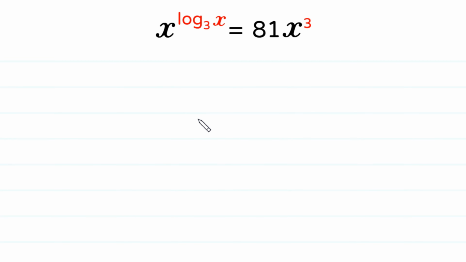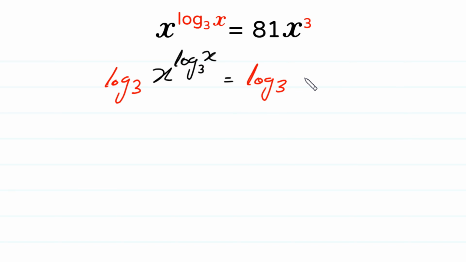Hello, welcome to how to solve this logarithmic equation. x to the power log of x to the base 3 is equal to 81x cubed. First of all, we take log to the base 3 of both sides. Log to the base 3 of x to the power log of x to the base 3 is equal to